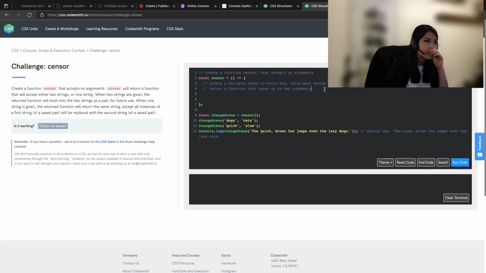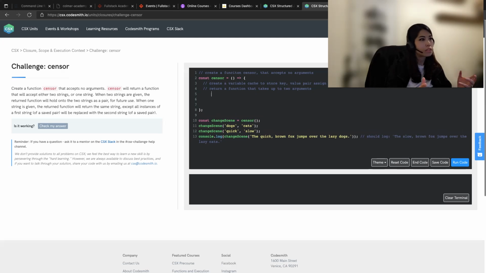And then we return a function, and inside our function block, we're going to check first